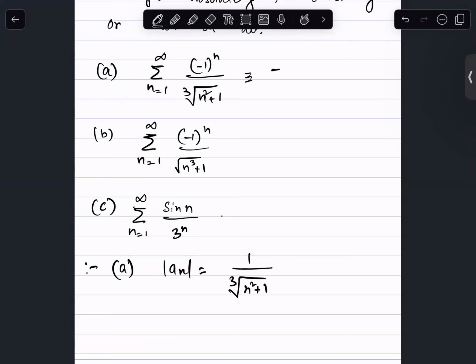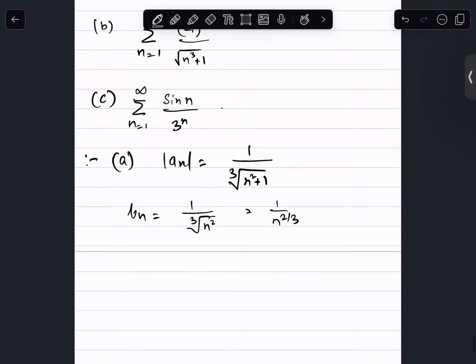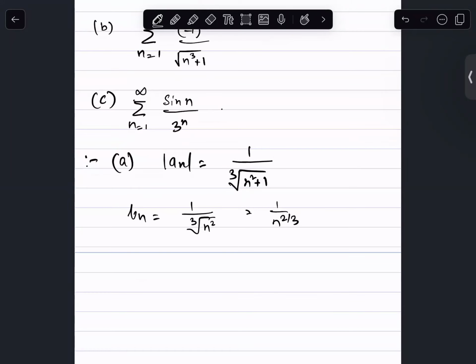So this is the summation an, n equal to 1 to infinity. And if I take my bn to be 1 over the cube root of n square, which is just 1 over n to the 2/3, and then if I use the limit comparison test,